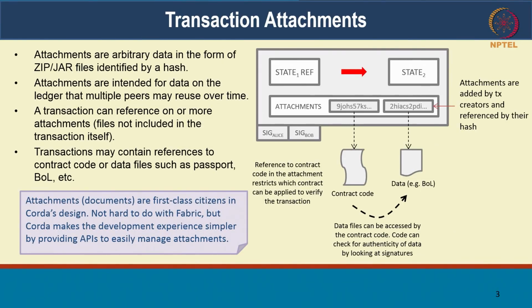And attachments are a first-class citizen in Corda. In other blockchain platforms, Hyperledger Fabric and Ethereum, you can of course store attachments, but it doesn't come as a first-class citizen as part of your transaction structure itself, and I believe that has value. It does make things a little easier for an application developer, especially in financial services, where there are typically financial documents that need to be attached to a particular transaction.